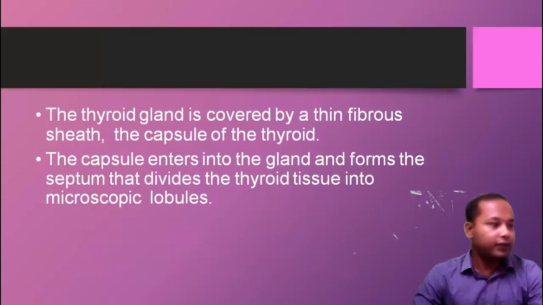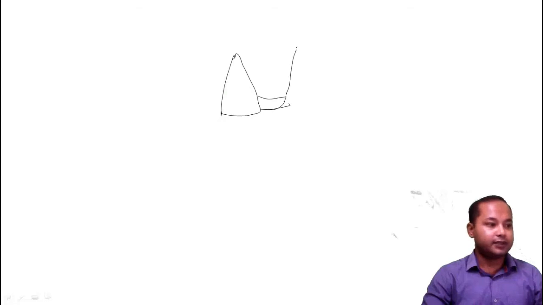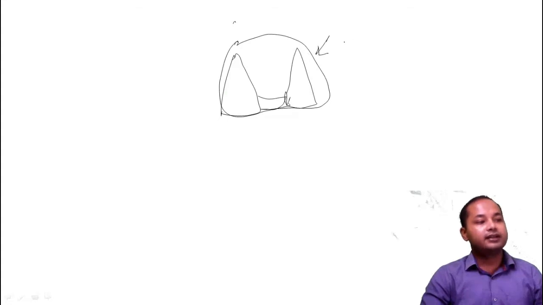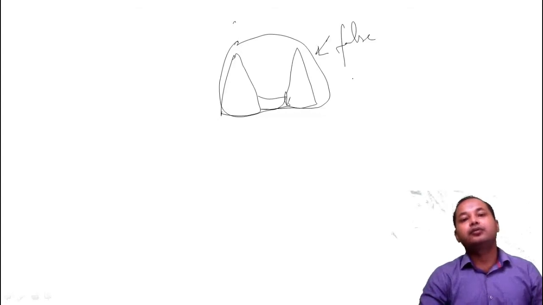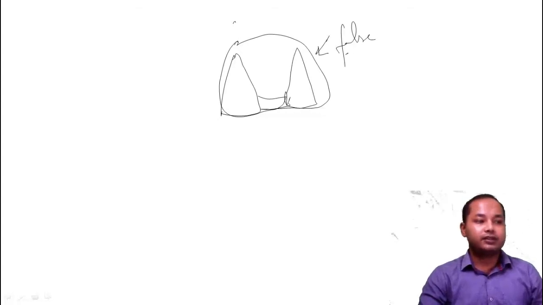Of course, hormones. Before that, I just want to tell you on a whiteboard the generalized structure of the gland. Suppose this is the thyroid gland which has been joined in the middle by the isthmus, then this gland is being encapsulated. It has got a covering. Okay, so the covering which is found here on the outside is called the false capsule. I think you remember that there was a kind of capsule which was discussed in case of the adrenal gland also. It has got the outer capsule which is called the false capsule, which is derived from